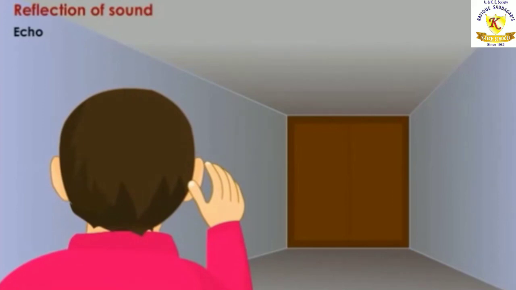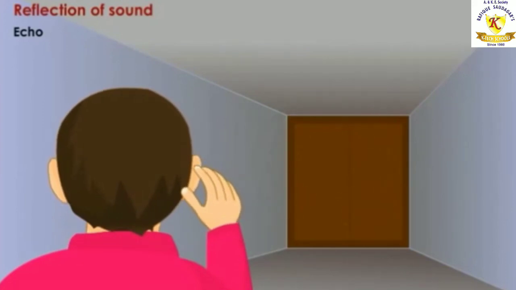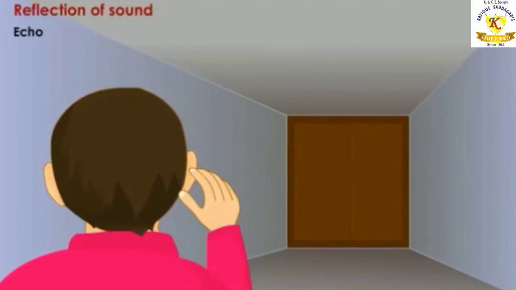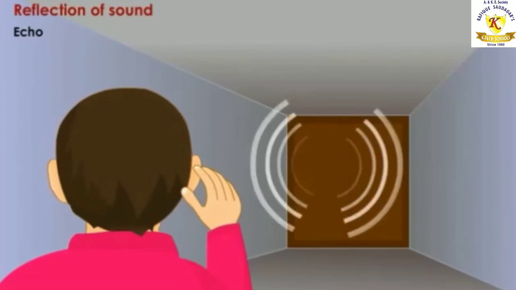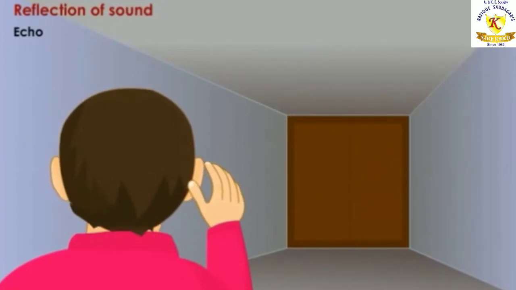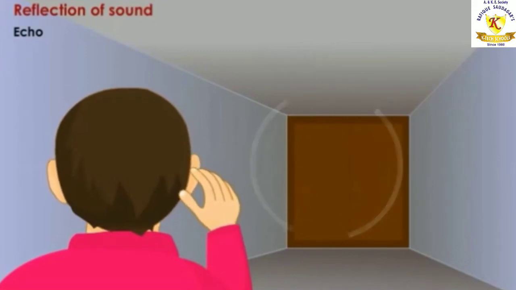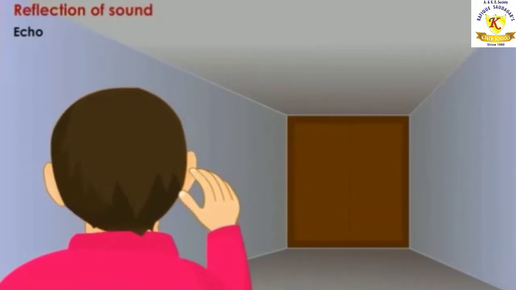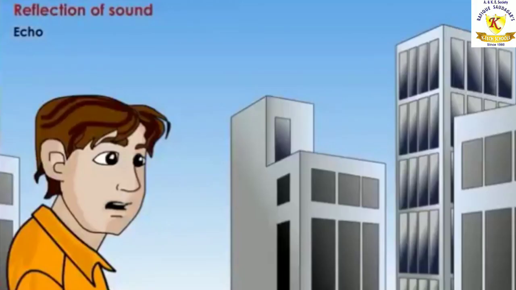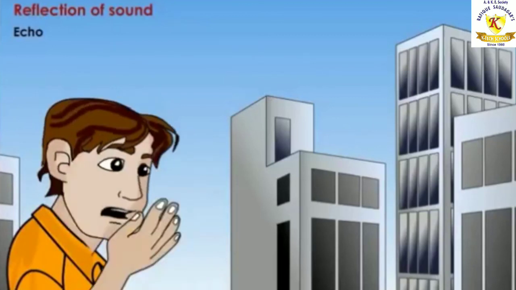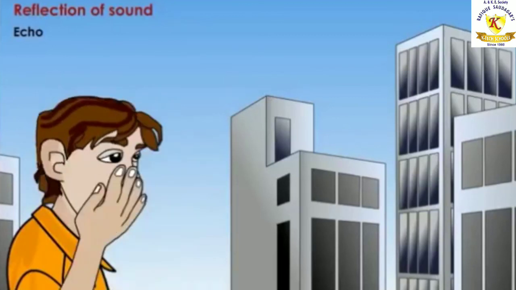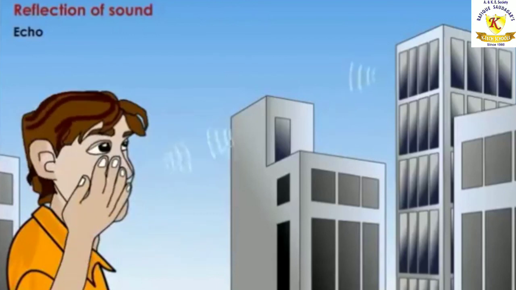In a large empty hall, we hear echoes only if all the doors and windows are closed and there are no sound absorbing curtains. You must have observed this, children. Even cushions are not there in it. Okay. So, if we stand in front of a tall building more than 11 meters away and shout, we will hear a distinct echo. Have you tried this, children?